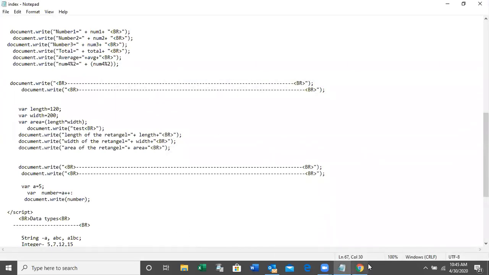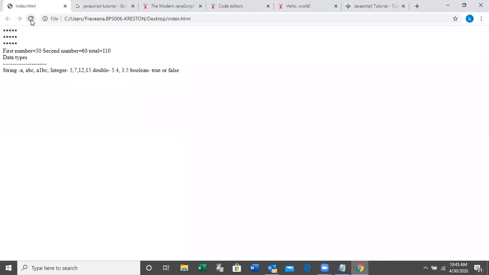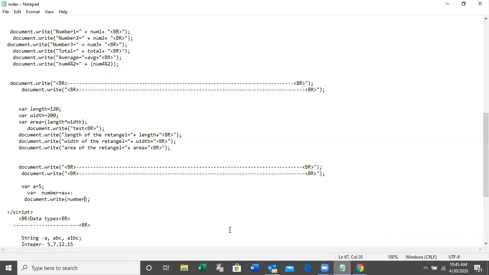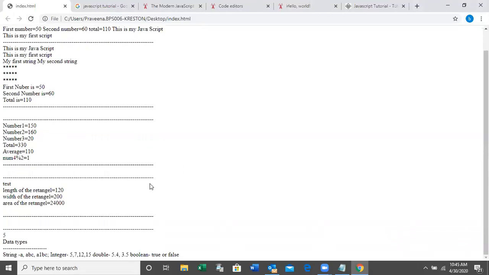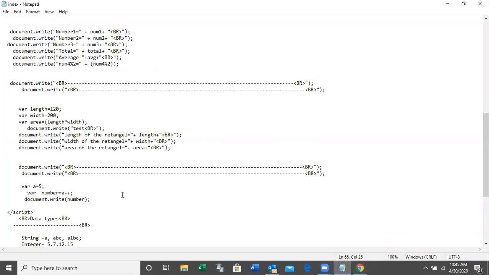So now you see the output here. Sorry, here the semicolon is needed. Correct. Var number is equal to a++, so document.write ++a.